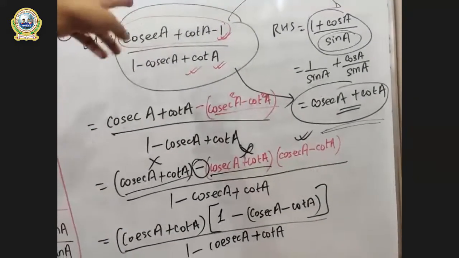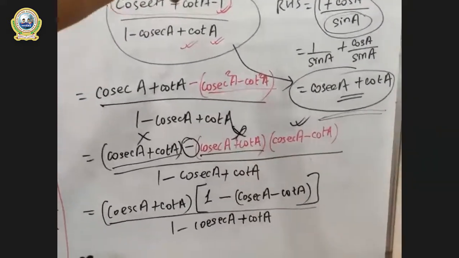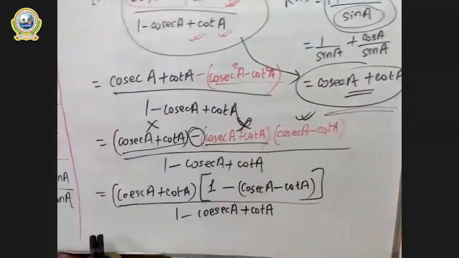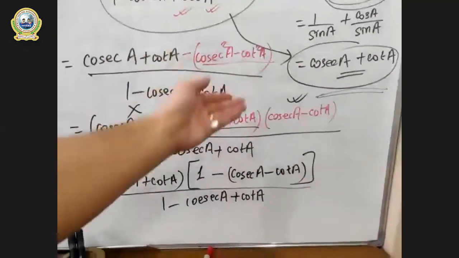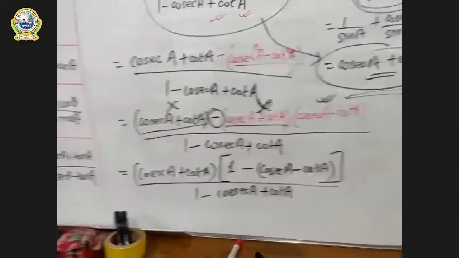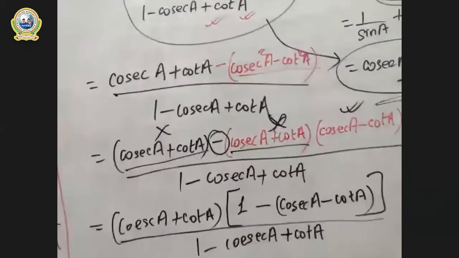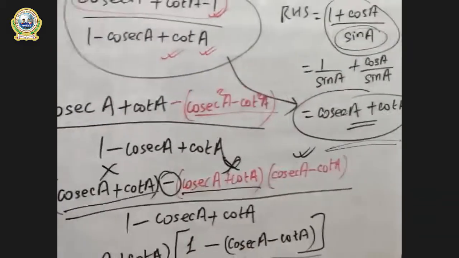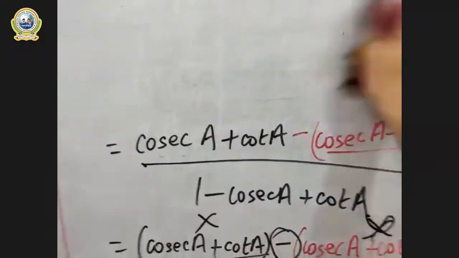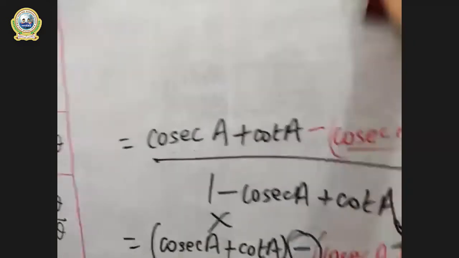We have just copied the RHS and changed the single one of the numerator because our RHS is a simple form, right? And I have used the A square minus B square format. Then I have taken it common over here, right? Now our second last step. Now let me rub the board first. Just a second, okay? I'm going to rub this because these questions are a bit lengthy, so I have to rub the board again and again.